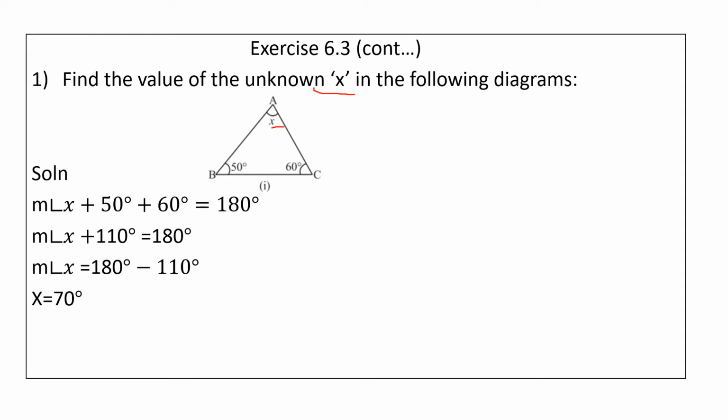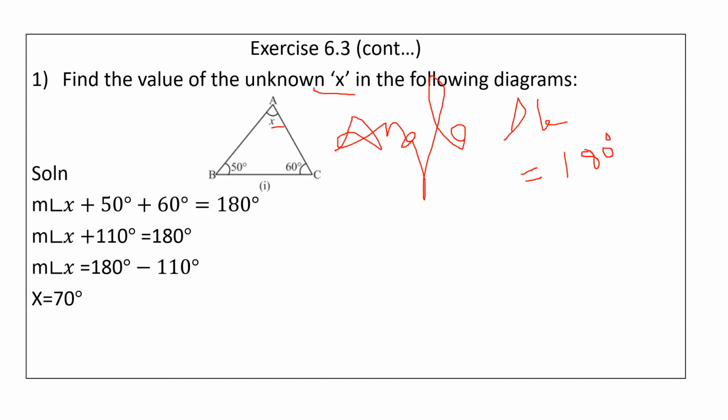So what is angle sum property? Here we will apply what property? Angle sum property. The angle sum property of a triangle: the sum of all three angles of a triangle is equal to 180 degree. You know the total, right? When you add the three angles, you should get 180 degree. So two angles are given. You know the total. Now it is very easy to find out the unknown angle, right?